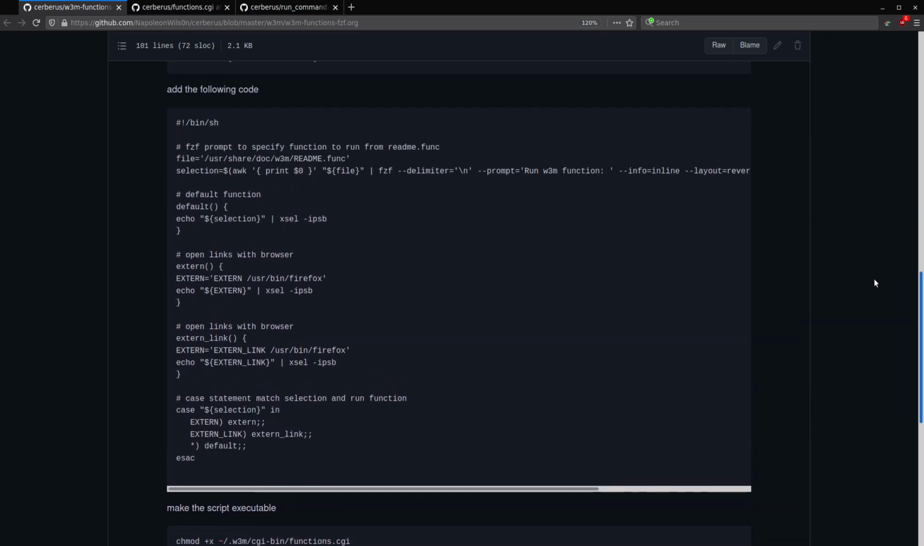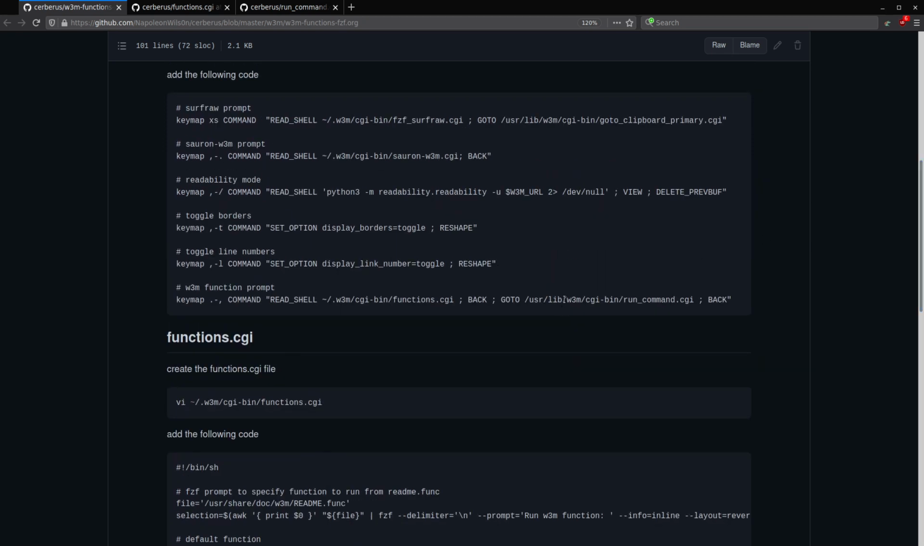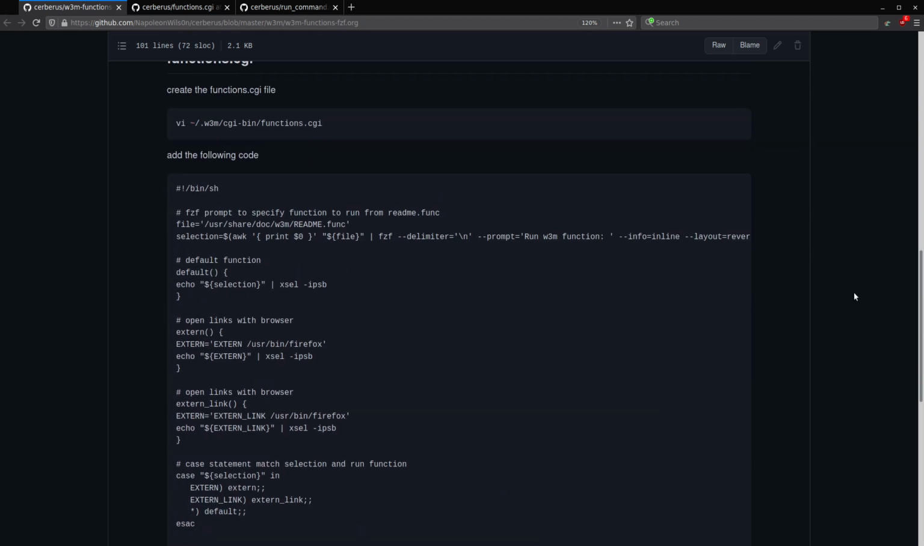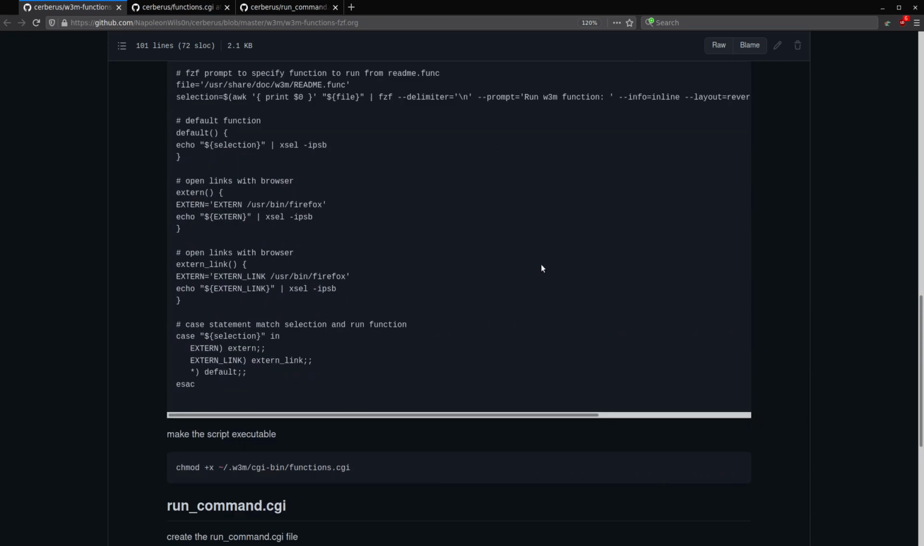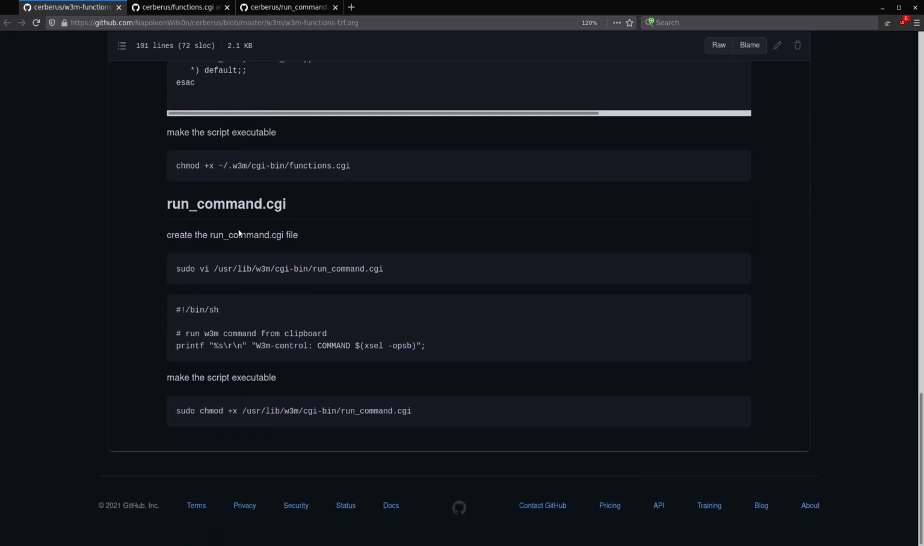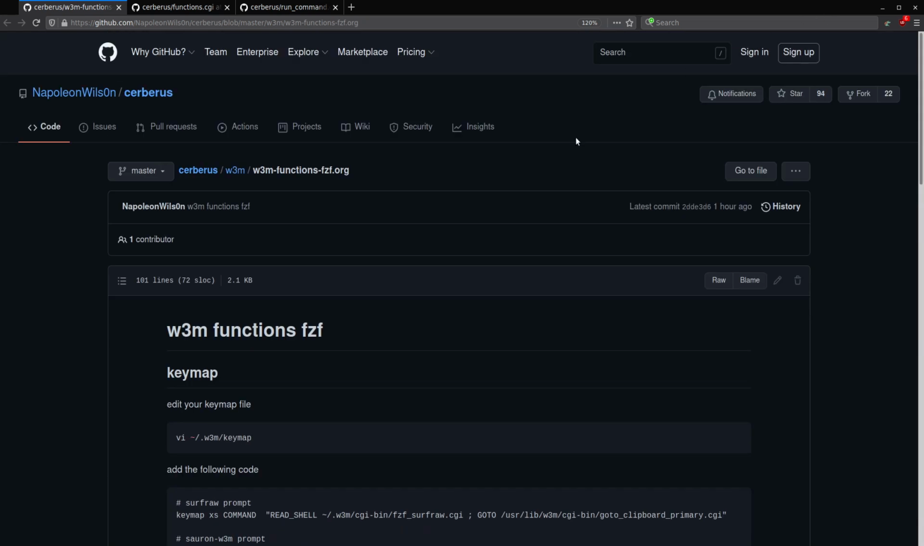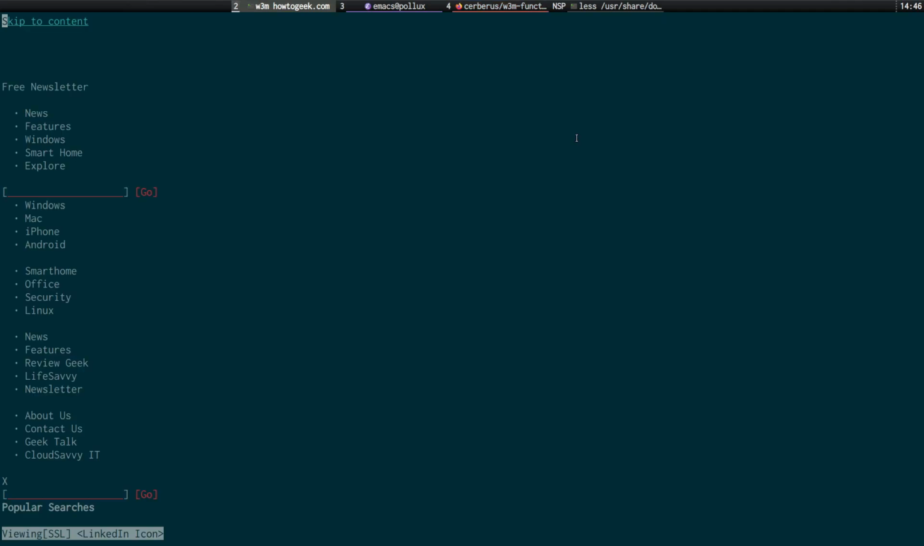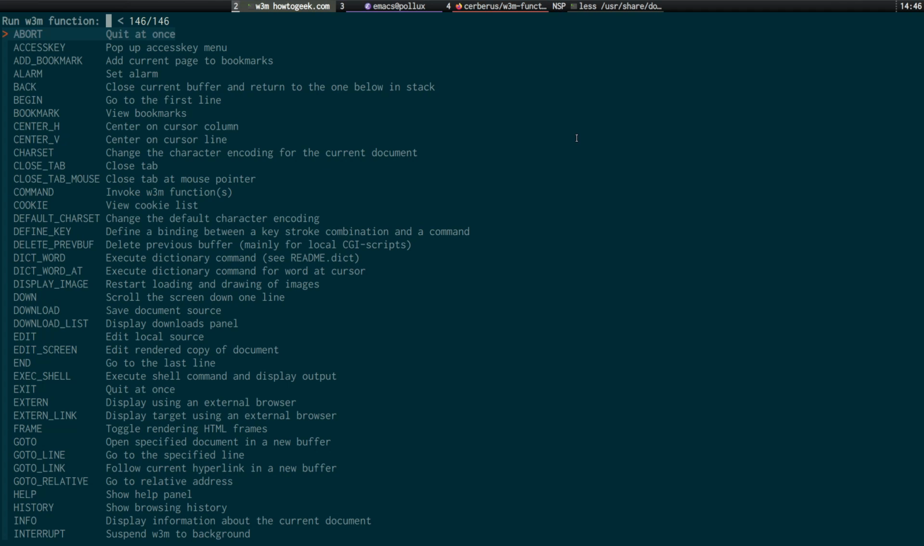Just basically editing your keymap file to add one line, creating the functions.cgi script, making it executable, making the run command CGI script, putting it into place and making it executable, and that's it. And once you've done that, if I switch back to this, we've then got our prompt. So we've got a list of all the functions in w3m, and we can just execute them